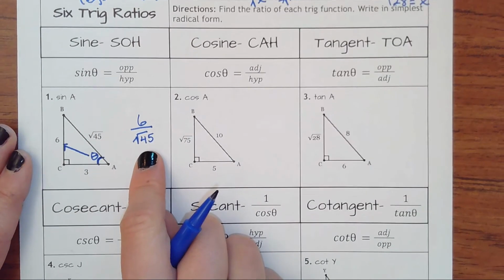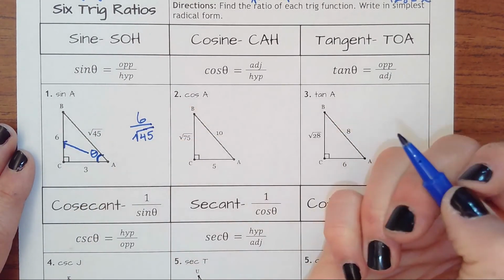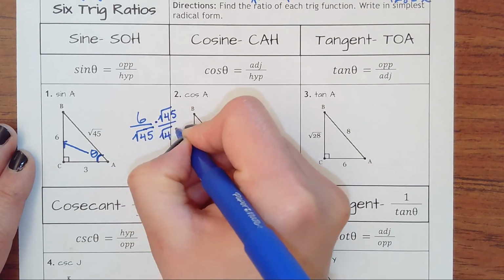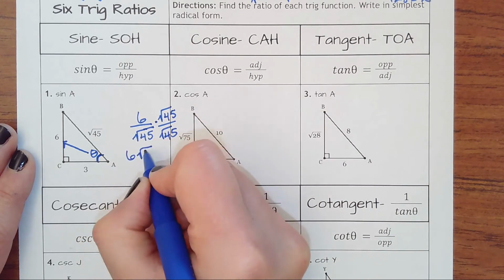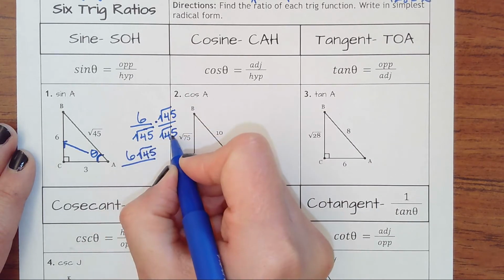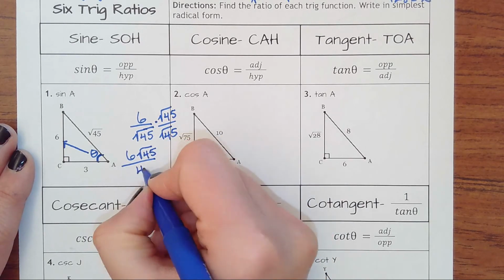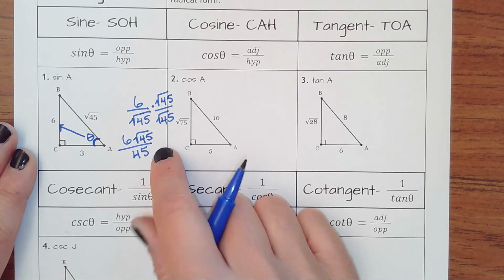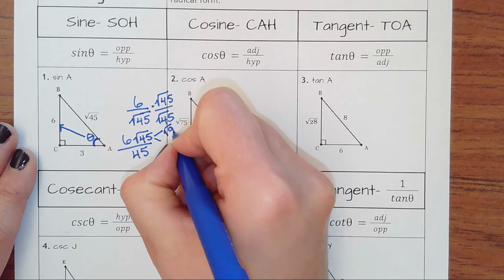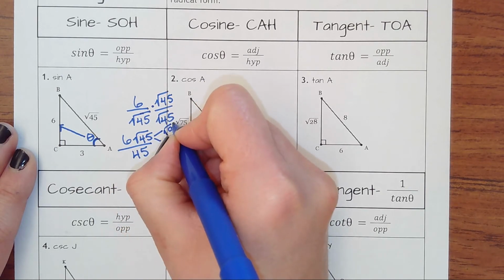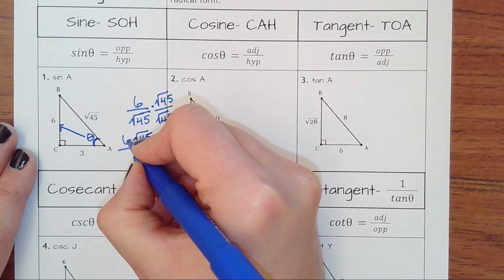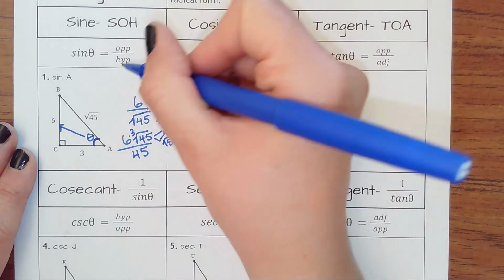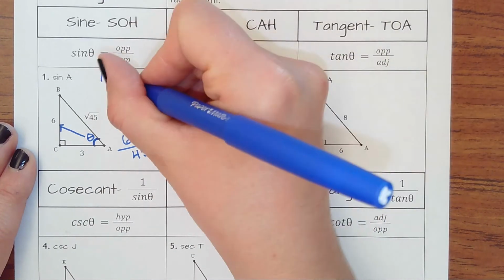But we have some work to do to simplify this answer because I cannot have a radical in the denominator. So I would multiply by square root of 45 over square root of 45. That becomes 6 square roots of 45 over 45. This is really 45 getting squared and then square rooting it, which just makes it back to 45. The problem here is 45 can also be simplified. That has a perfect square of 9 in it. It'd be 9 times 5. Square root of 9 is a 3. So this 3 will have to get multiplied by this 6. So that's becoming a 6 times 3 with a square root of 5 left over. 6 times 3 is 18 square roots of 5